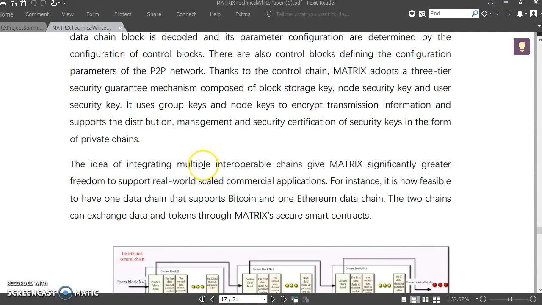Multi-user security is the layer that contains 3 things: the block storage key, the node security, and the user's security keys. This system uses group keys and node keys to encrypt transmission information and support the distribution, management, and security certifications of security keys in the form of a private